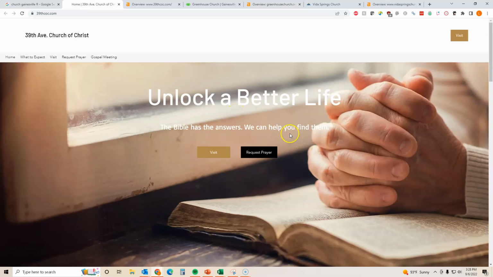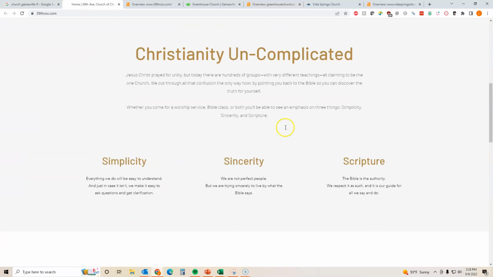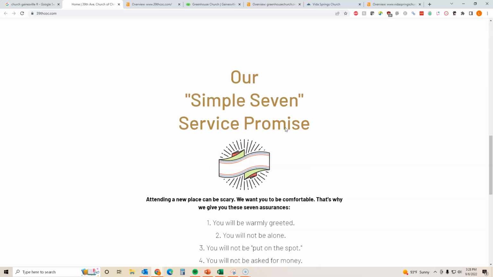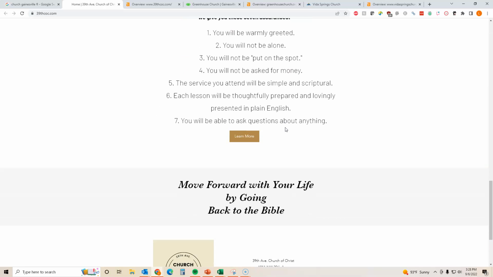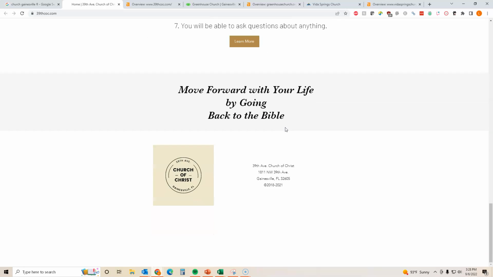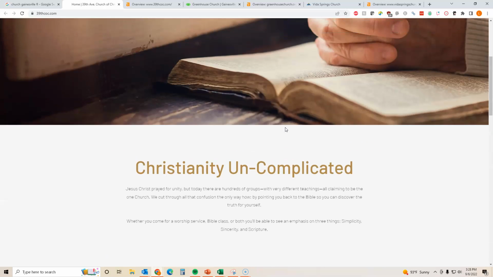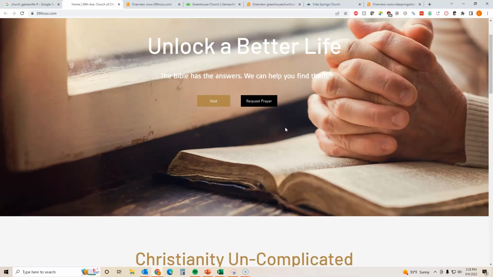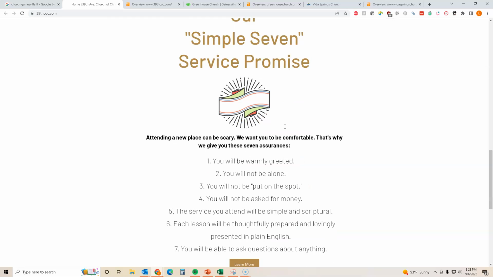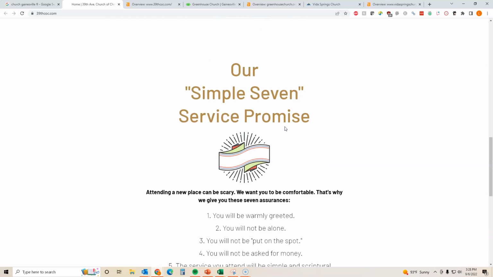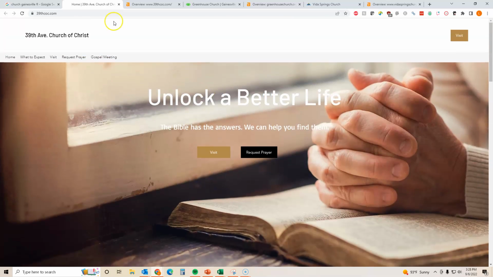So here's your website. The first thing I can see is obviously you guys show some great sincerity. You're really promising how you will treat potential new members of your church, and I think that is all wonderful. But there's not a ton of information in here for Google to be able to pick up on exactly what you do. I'd guess there are maybe about 300 words, if that, on this page.